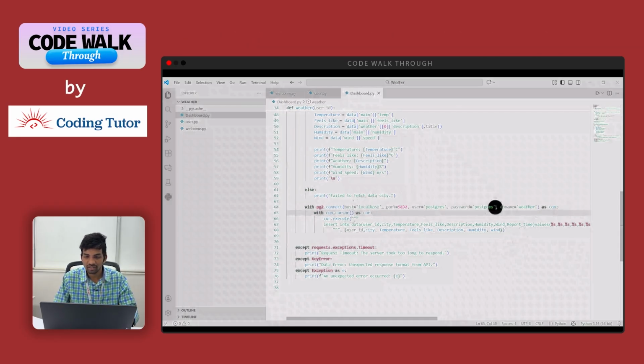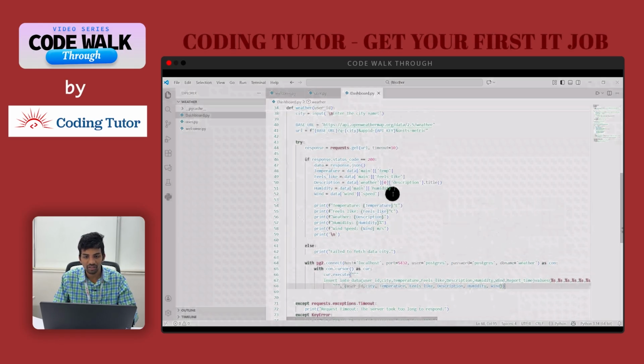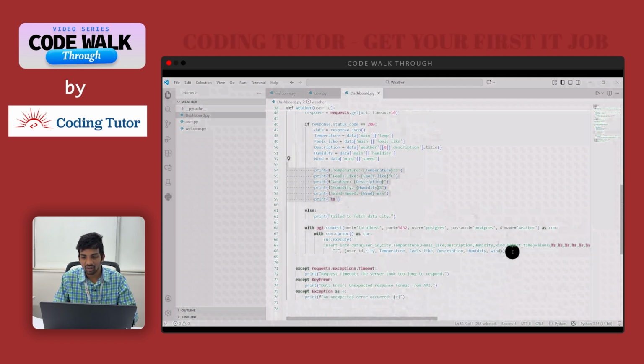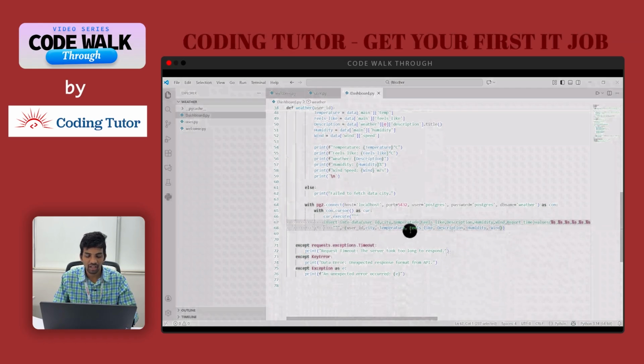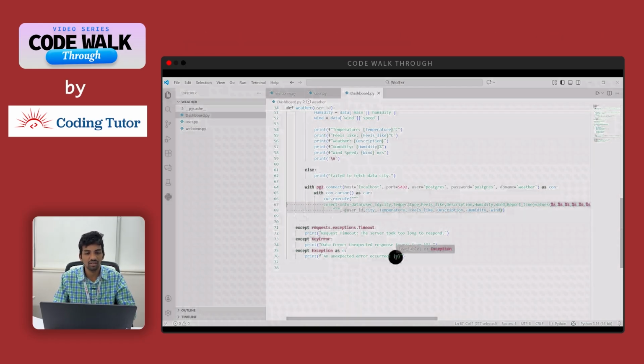Here I have started the connection again, and I am trying to execute the insert of the data into the data table. Here I am fetching each and every record. Here I am printing those records in the output, and after the print I am saving those records into the database. If any of those conditions fail, I have written certain exception blocks like request exception timeout, that the server